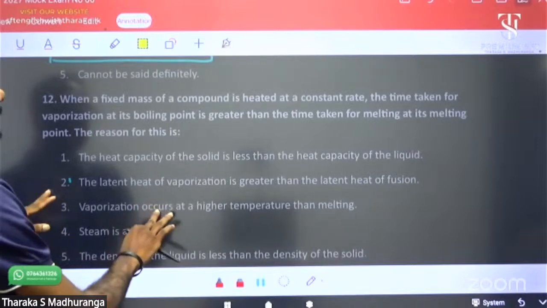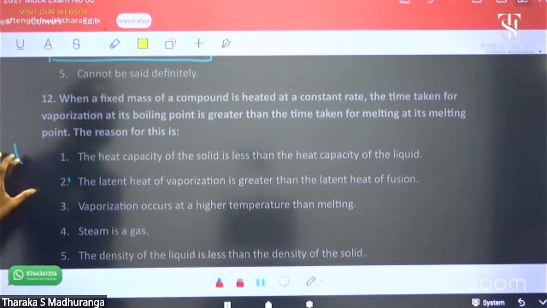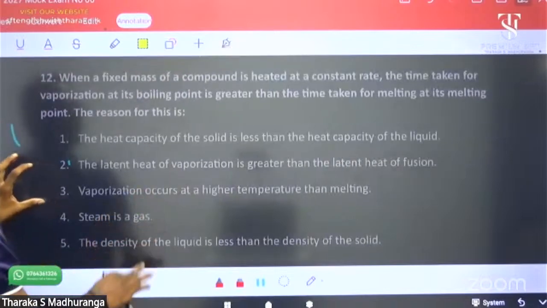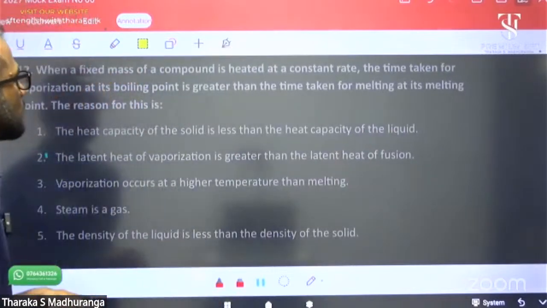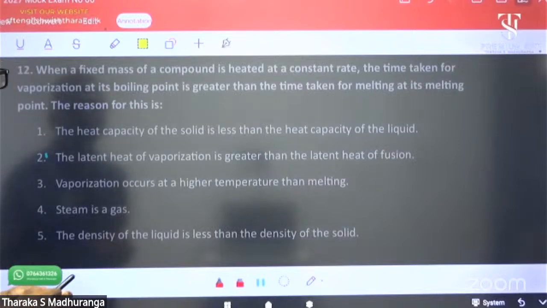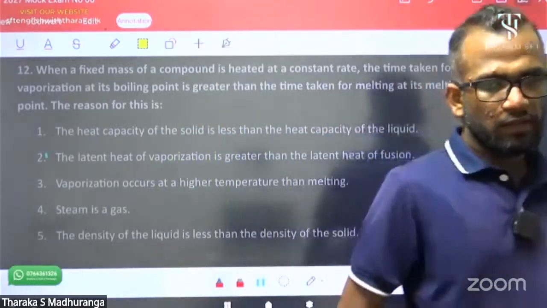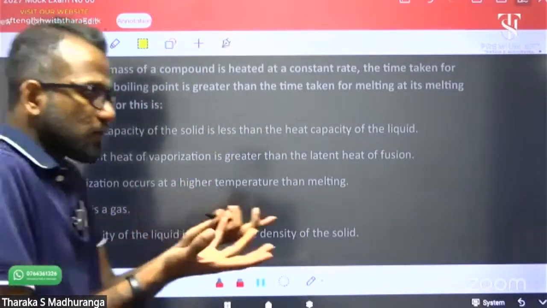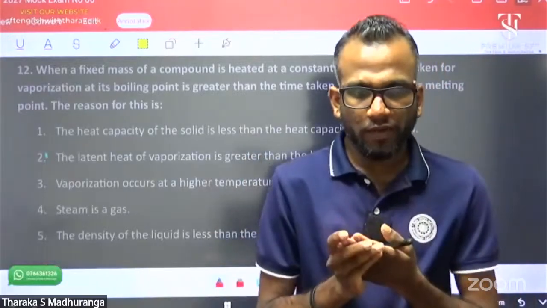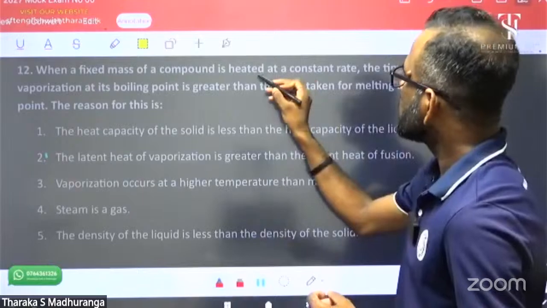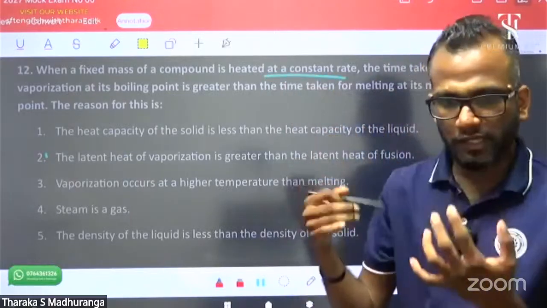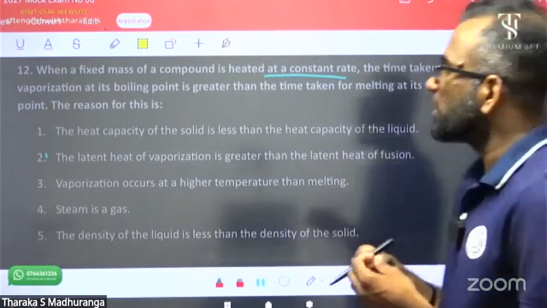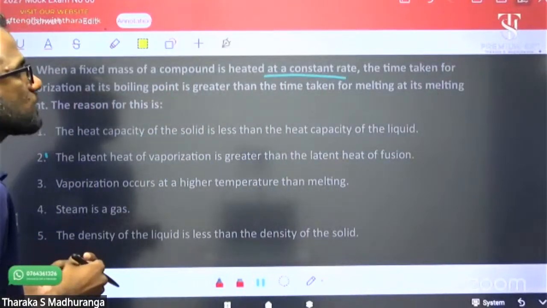When a fixed mass of compound is heated at a constant rate, the time taken for vaporization at its boiling point is greater than the time taken for melting at its melting point. This is an actual case. Take a fixed mass, for example 1 kilogram of water, heated at a constant rate, continuously supplying heat energy at a constant rate. The time taken for vaporization at the boiling point is greater than